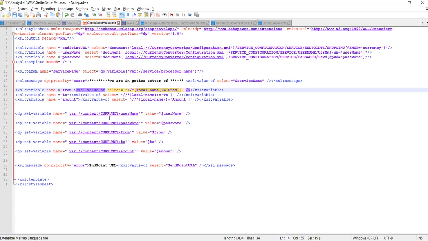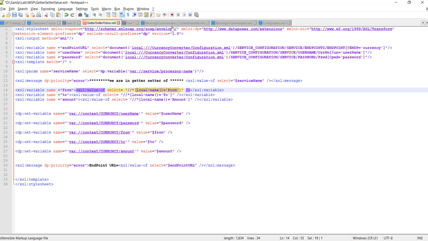As I mentioned in my earlier videos, a context variable is available throughout the flow. If you are in the request flow, the variable will be available throughout the complete request or response. If you created that context variable for the request, it will be available in that complete request flow. I'll show you how we'll use them.